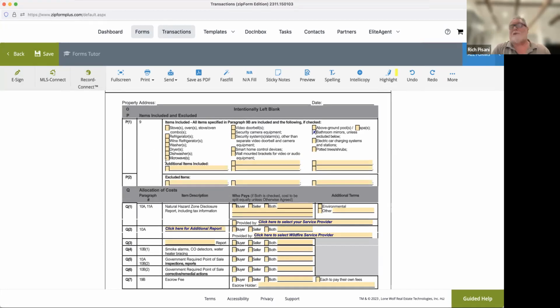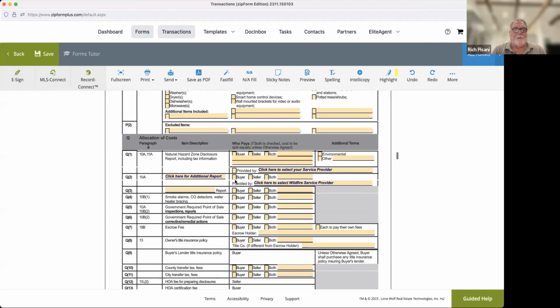This is important. Wine refrigerator. I had somebody who had a wine refrigerator that was just sitting there. It wasn't attached, but it was sitting there, and they had checked refrigerators, and the listing agent says, well, now they want the wine refrigerator. I said, it said refrigerator, so technically they're entitled to the wine refrigerator. That listing agent had to go out and buy them a wine refrigerator to replace it. So check everything that's included. If there's anything that the buyers want excluded, have them check that and list it there.